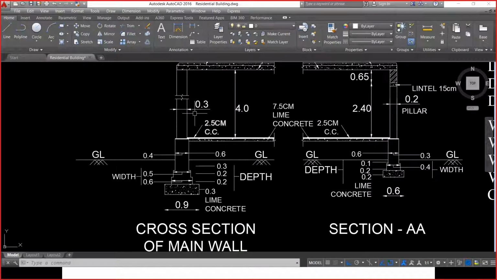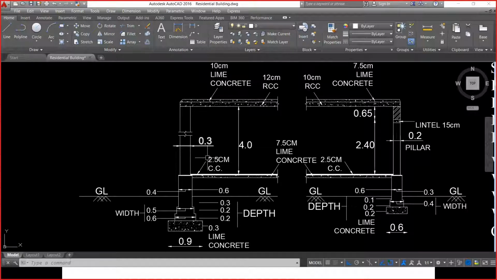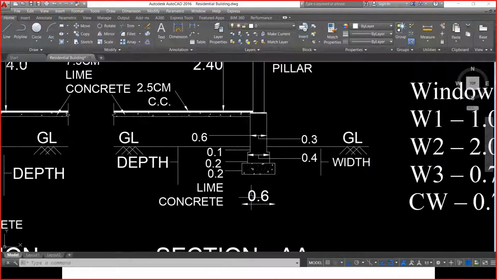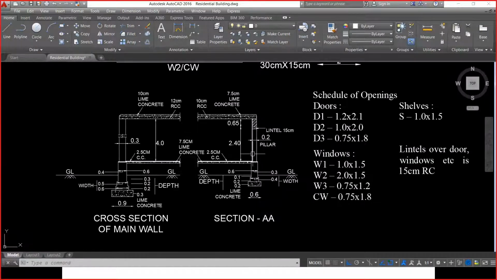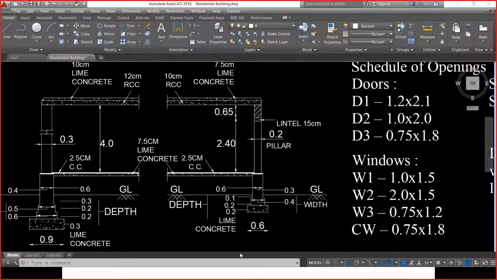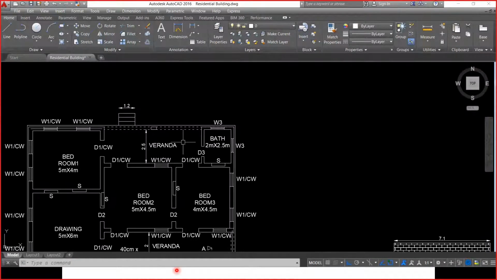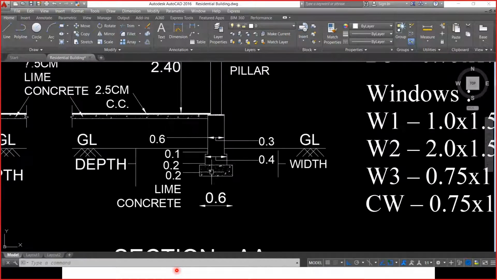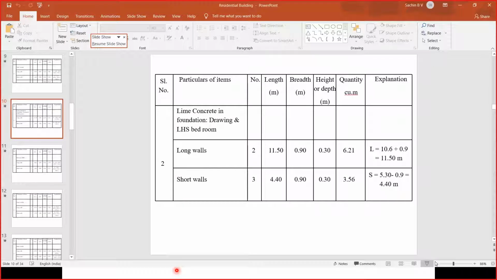If you consider the main wall of 30 centimeter thick, the width of lime concrete is 0.9 meter and the thickness is 0.3 meter, whereas when you consider the 20 centimeter thick wall, that is the partition wall in the front veranda and the back veranda, and also the partition wall for the bath area, the width of the lime concrete is 0.6 meter and the depth is 0.2 meters. So let us start with